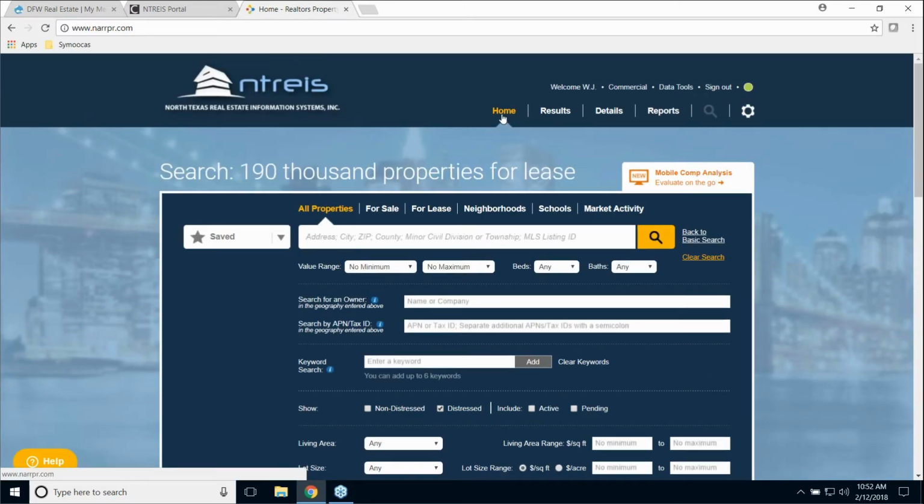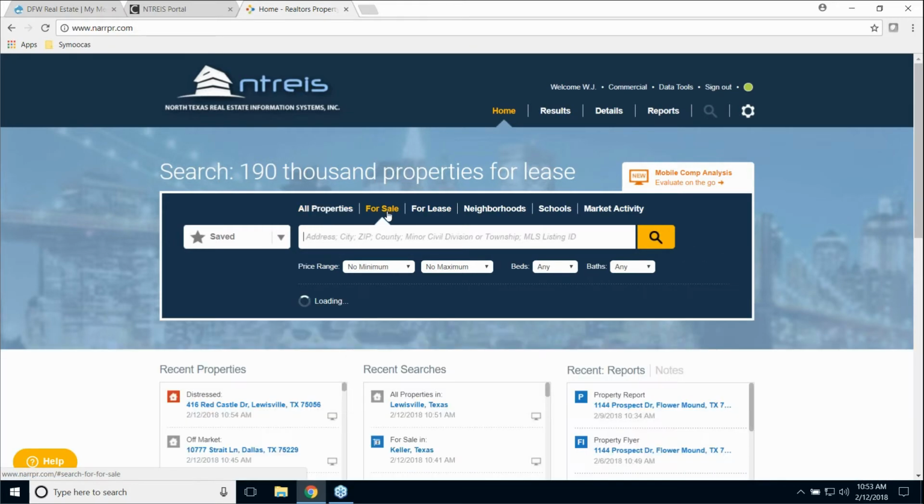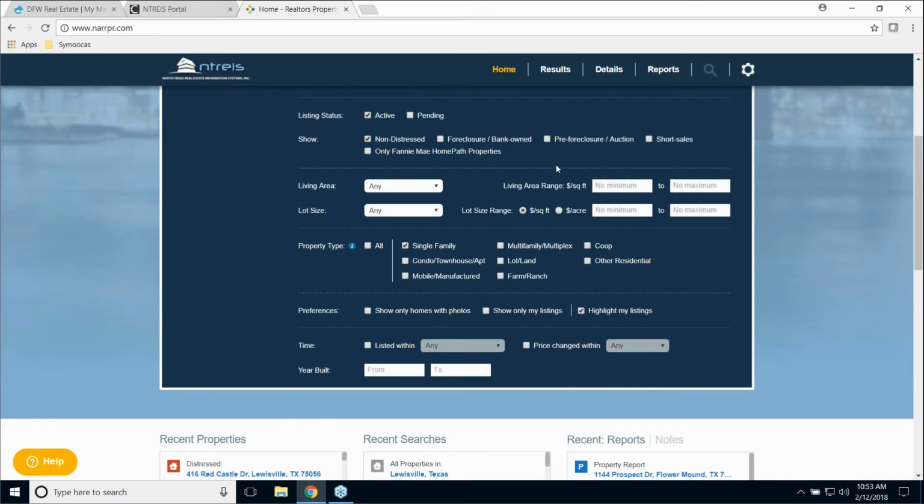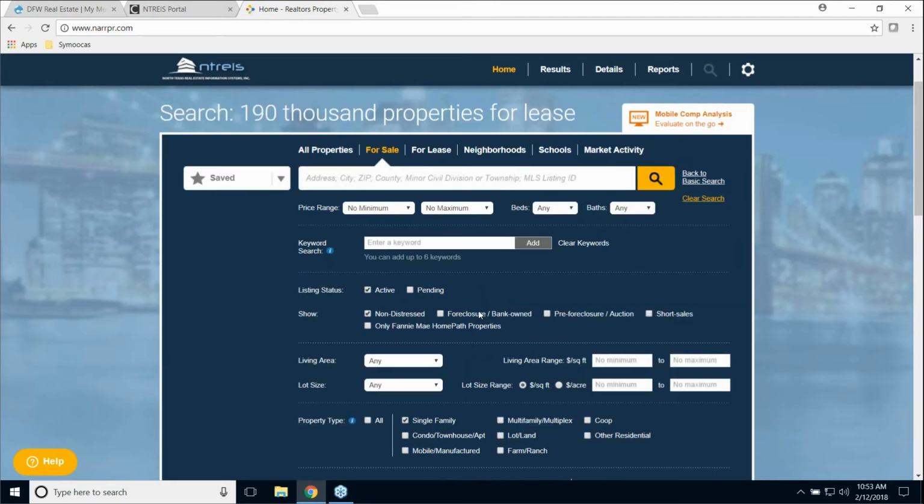Good question here, WJ. Can you search by ISD? Say a client doesn't care what city they are in as long as they are in a specific ISD. Great question. Yes, I love the system for that. So if we're looking for sale properties for someone, when you're in for sale here, it's actually going to be on the map. So let's look for active, non-distressed, single families, and let's look in